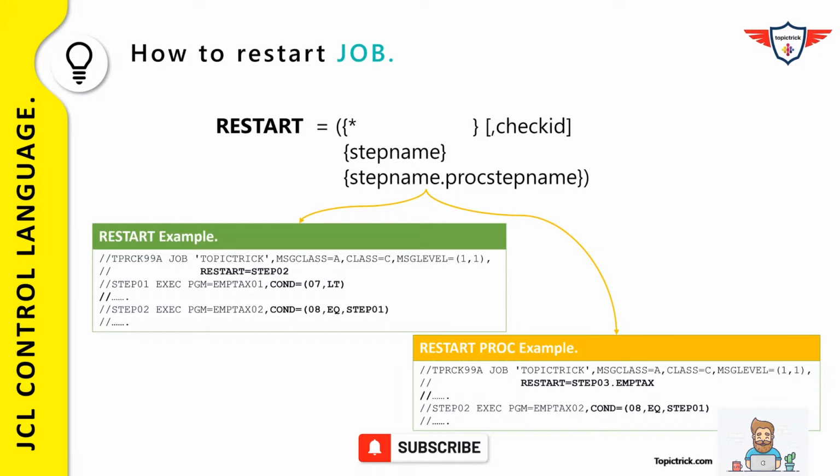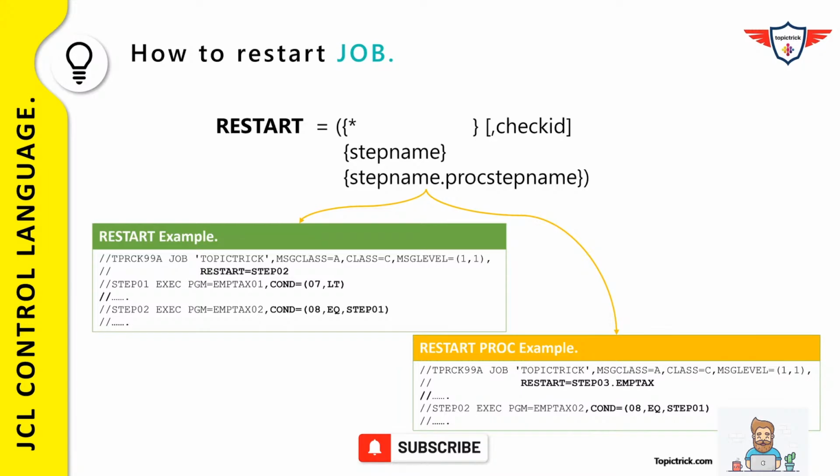restarted from step 2. In the second example, the JCL is using a catalog procedure, and in this case the step from where I want to restart my job is in the catalog procedure. So what I've done is I've used the restart keyword followed by an equal sign. After that the step name, that is step 03 dot emp text, which is actually the proc step name. And after including all these details, you simply need to resubmit your job so that you can restart your job